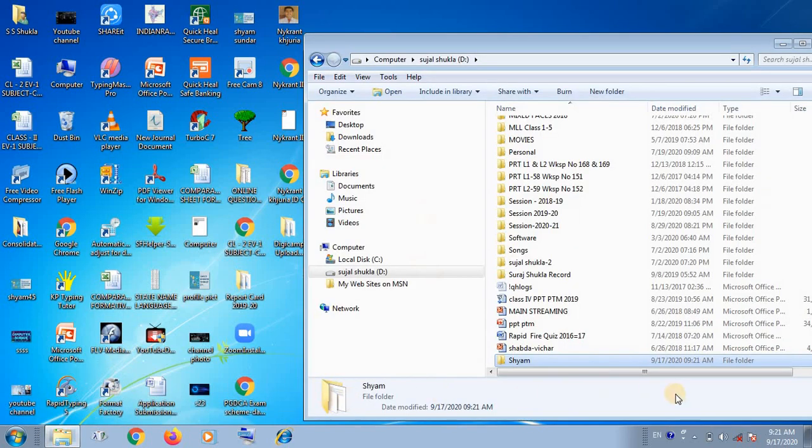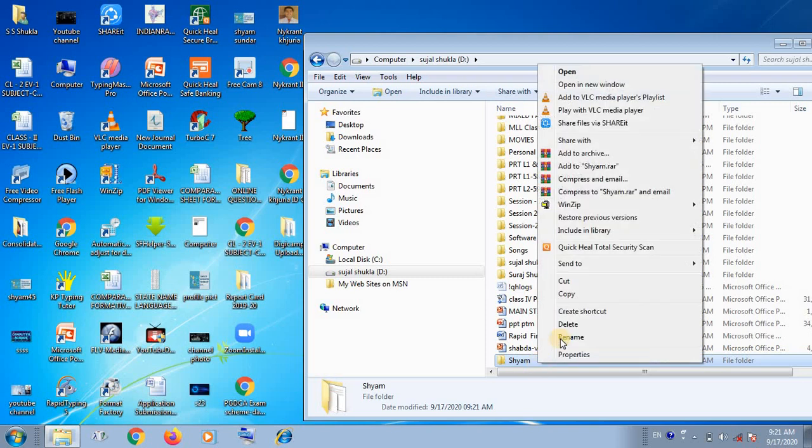Okay, again if you want to cut it, then you have to right click the mouse button and select the cut option from the pop-up list. This is known as the pop-up list that gives you the options.